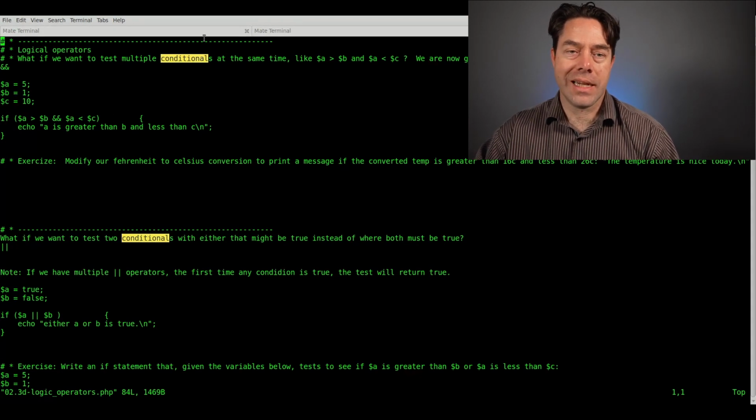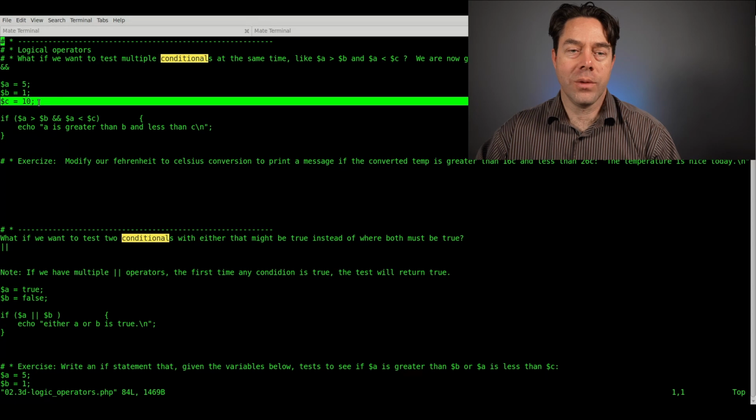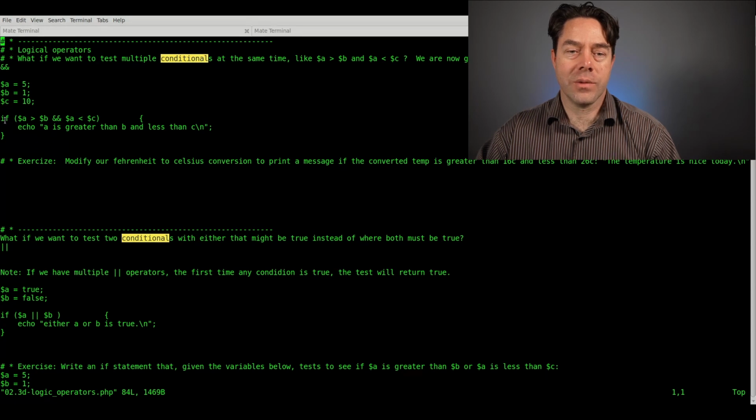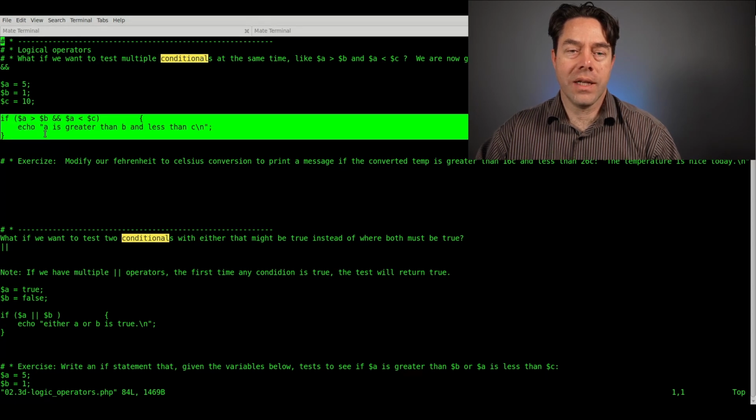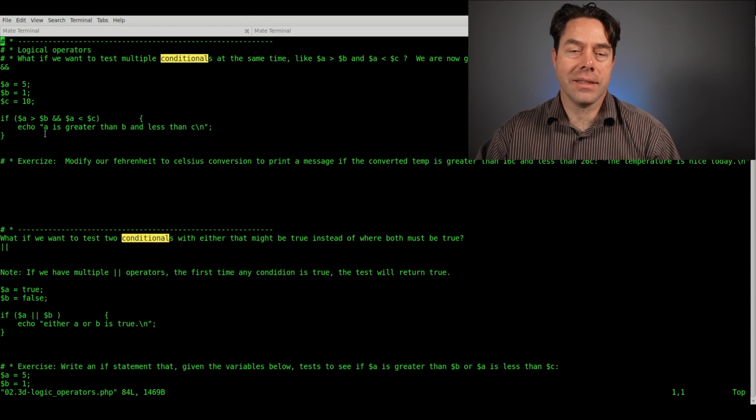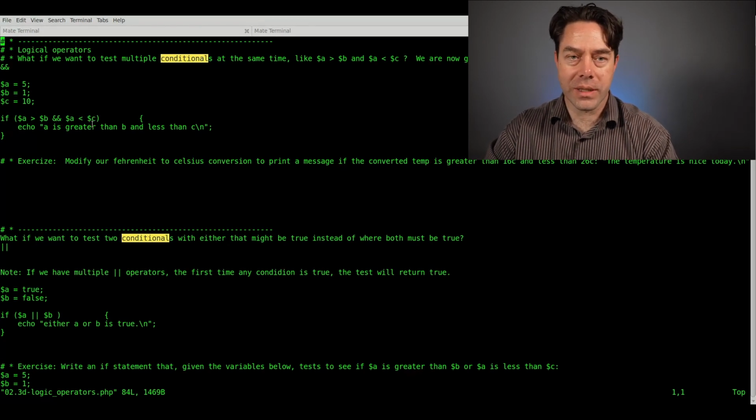The first one is AND, with double ampersand. So we're going to say A is equal to 5, B is equal to 1, C is equal to 10. And when we run our script, it'll pass and give us true if A is greater than B and A is less than C. So let me throw some comments in here